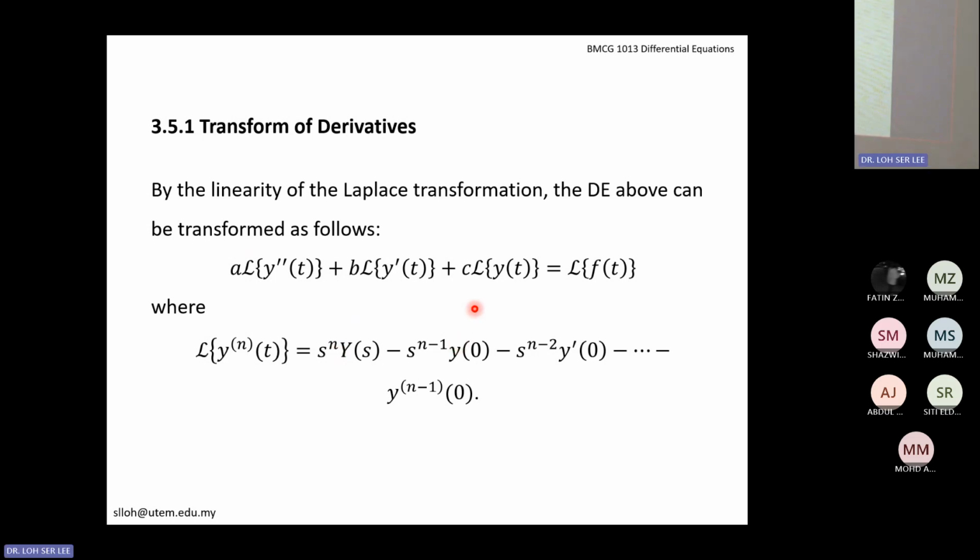So now let's say we want to Laplace transform y double prime. According to the formula here, we will start from s squared, and then s to the power of 1. And next will be s to the power of 0. Power 2, power 1, power 0. And the last term will be the one without s, that means s to the power of 0, then we stop at the term with s to the power of 0. And the first term,